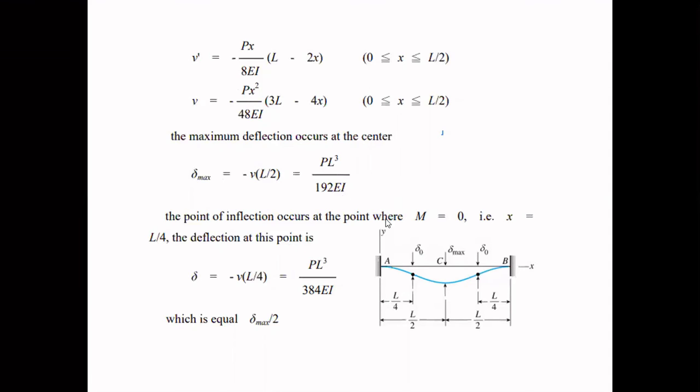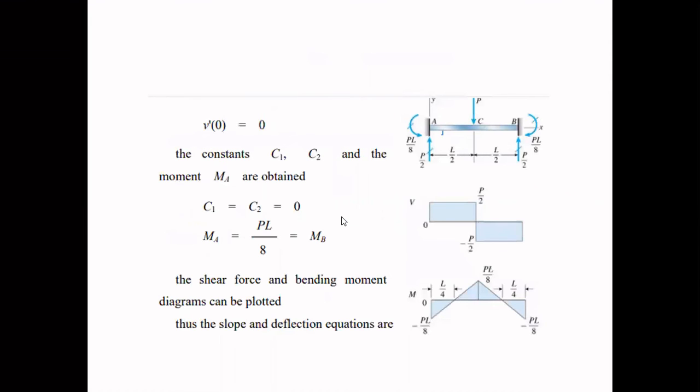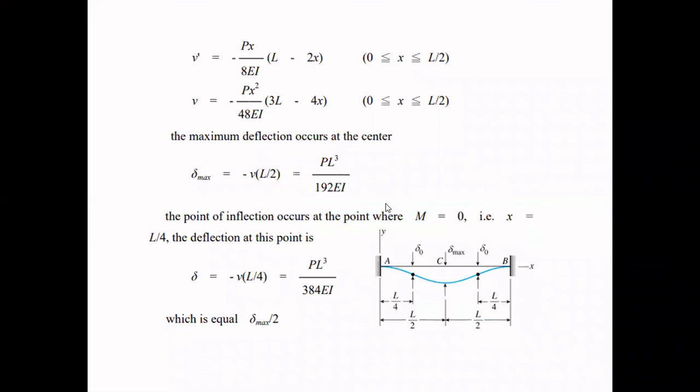Similarly, the point of inflection occurs at the point where M is equal to 0. So the point of inflection will be where the moment is 0. The moment is 0 at the center, so it will be at L by 2. So we can see the point of inflection is